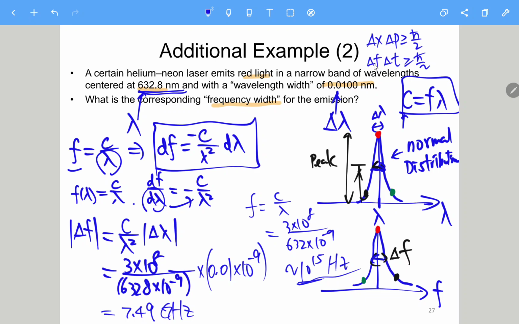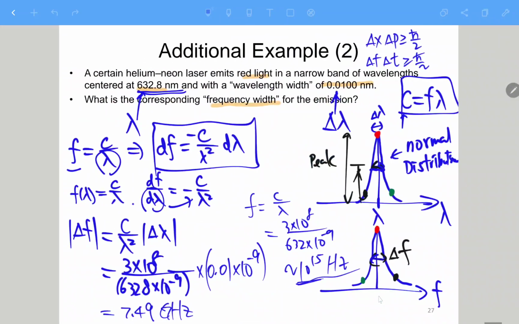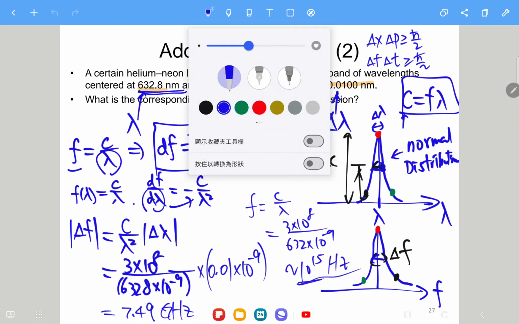Okay, so if we can measure the frequency with smaller error, then the error for the time will be larger, and vice versa. And similarly here, if we measure the position to be more accurate, then the measurement of momentum will have a larger error, something like that. So this is also related. If this delta lambda is smaller, then this delta f will be wider, and if this is larger, then this one will be narrower. Okay, so actually here we really conclude